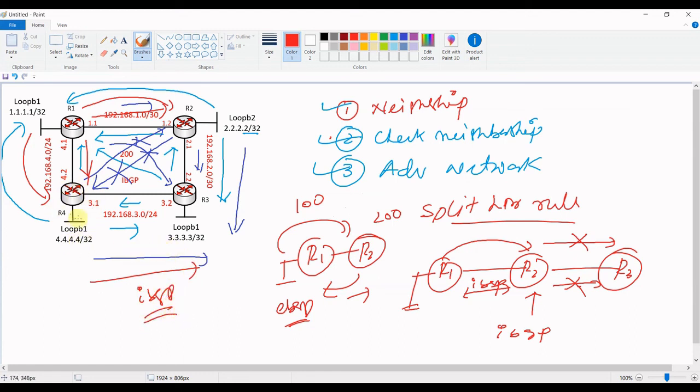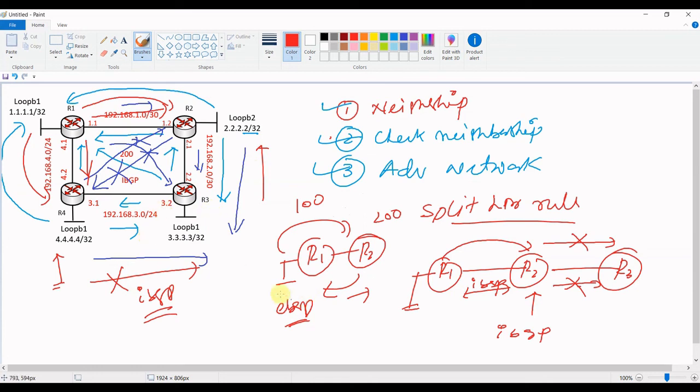Because of that, for the network 1.1 sent from R1, R4 has learned this network but does not advertise it to R3. Because of that, R3 is not learning the R1 network. Simultaneously, R3 and R4 have a neighborship, and between R3 and R2 also they have a neighborship.